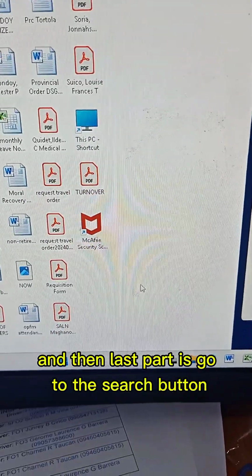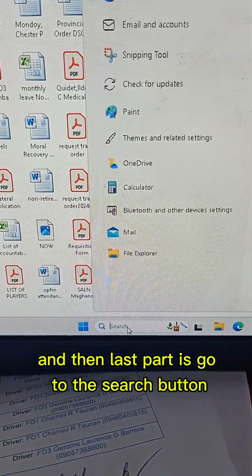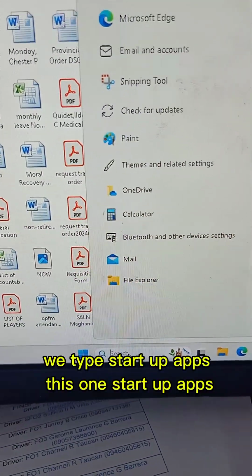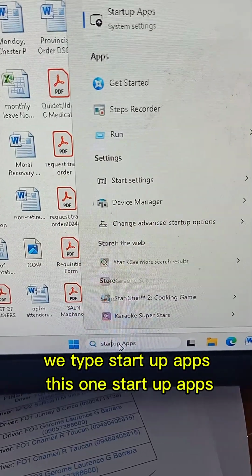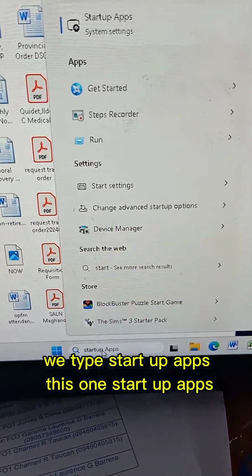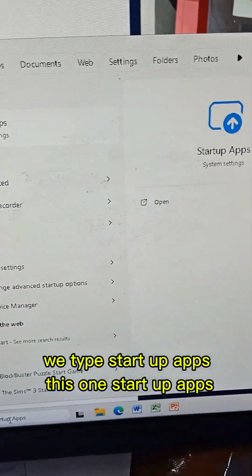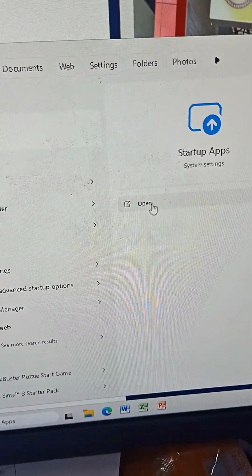And then the last part is to go to the search button. We type startup apps. This one, startup apps.